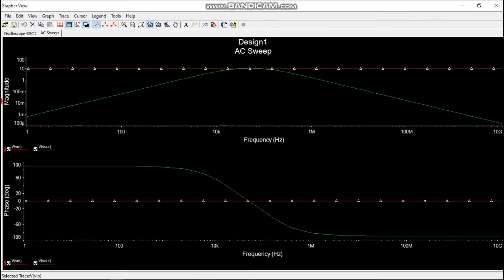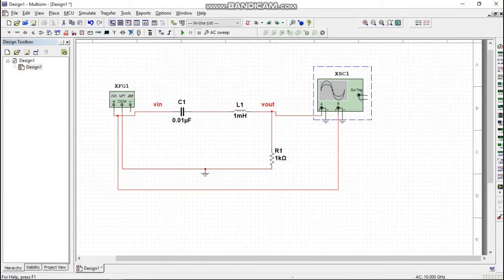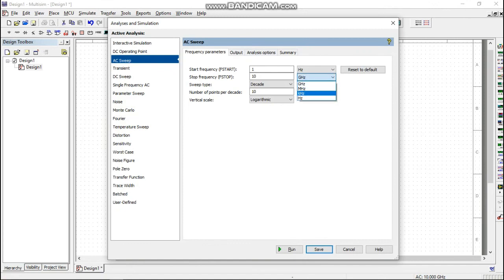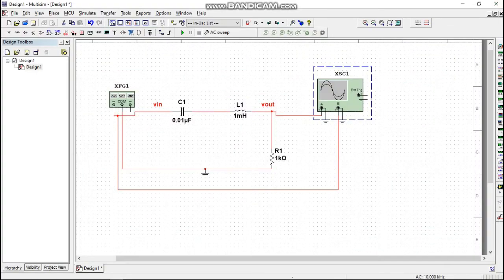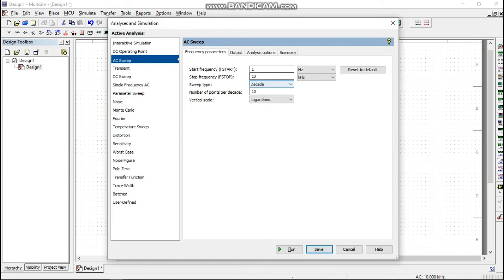Now click on run and you will see the graph has been shown, and it will only allow a band of frequency to pass. You will see the output of the graph by changing the range of frequency, like 10 gigahertz to 10 kilohertz or 10 kilohertz to 10 hertz. Now see, it has been moved towards 10 kilohertz. Now you will also see the graph by simply adding V output in output.